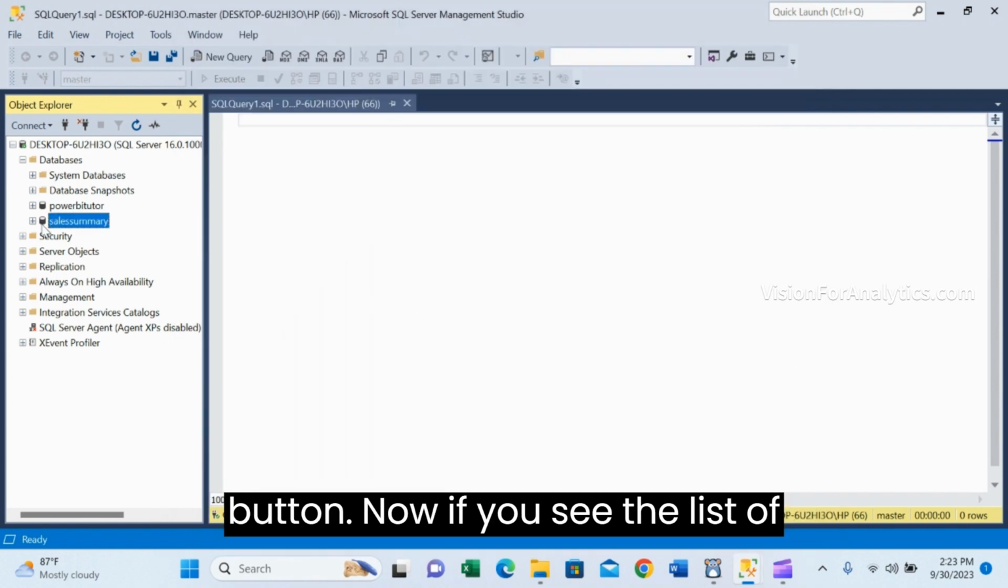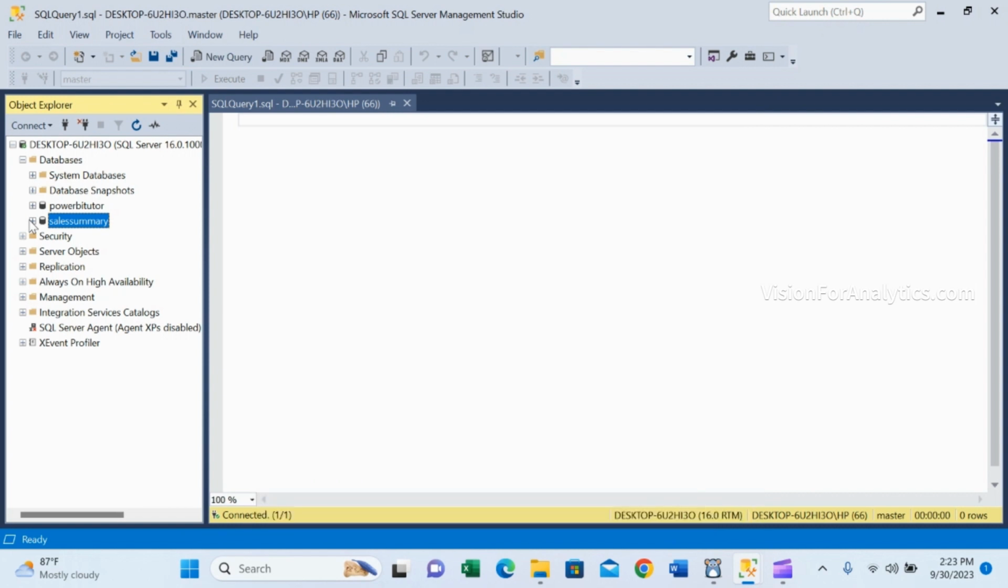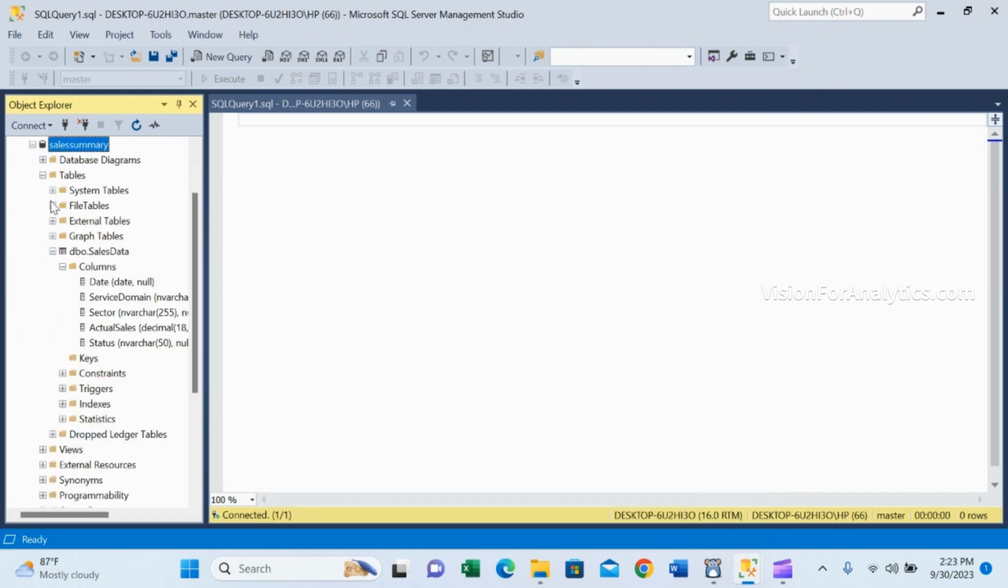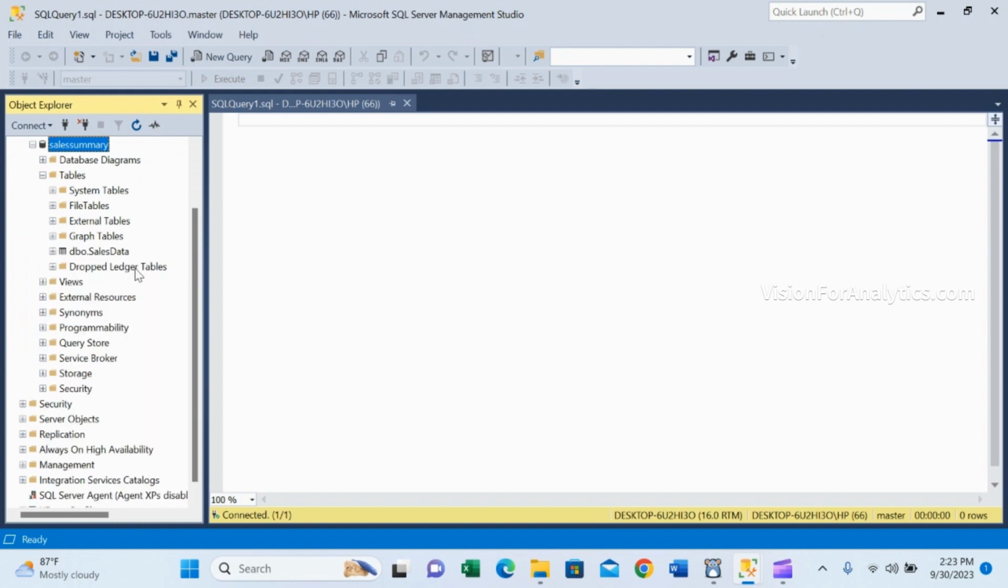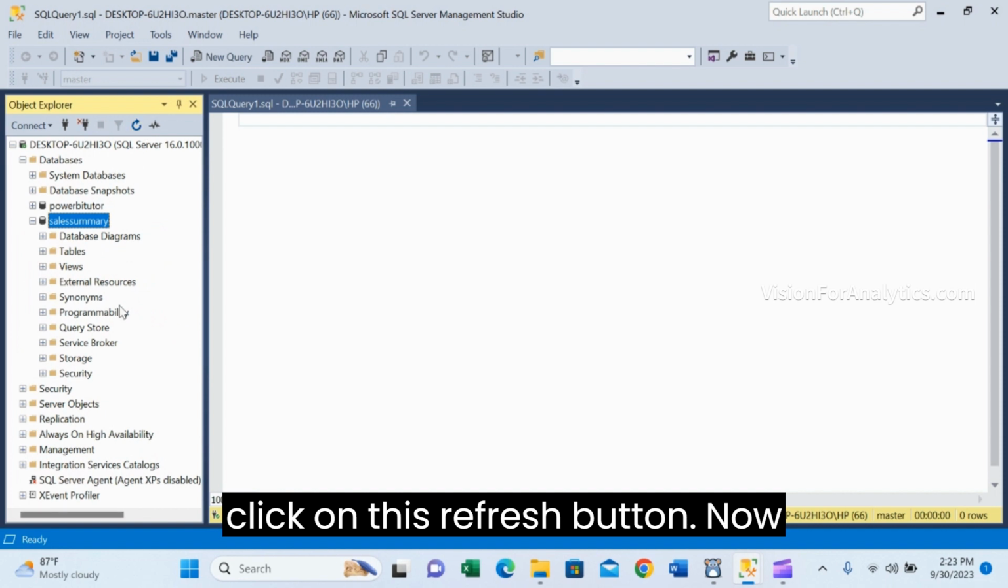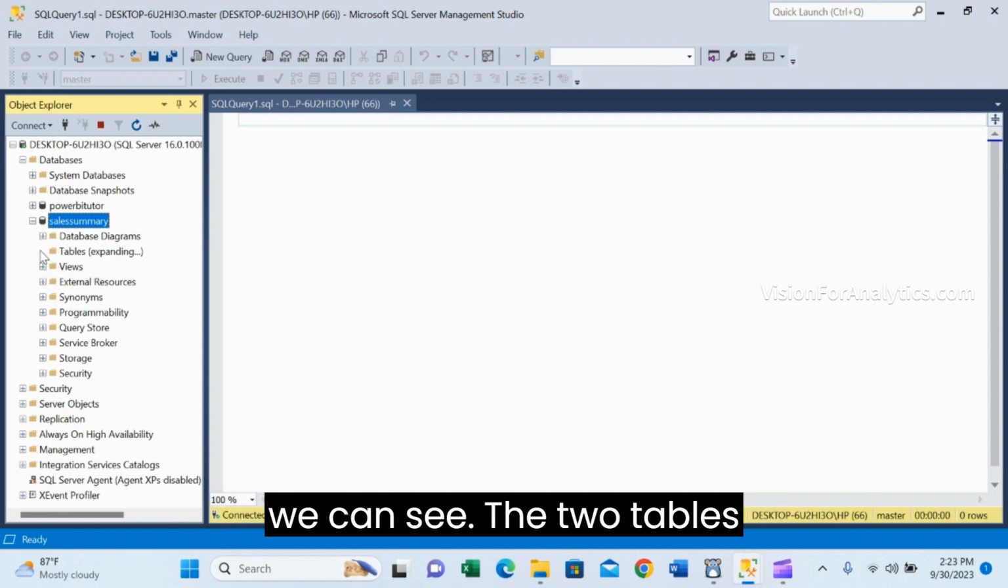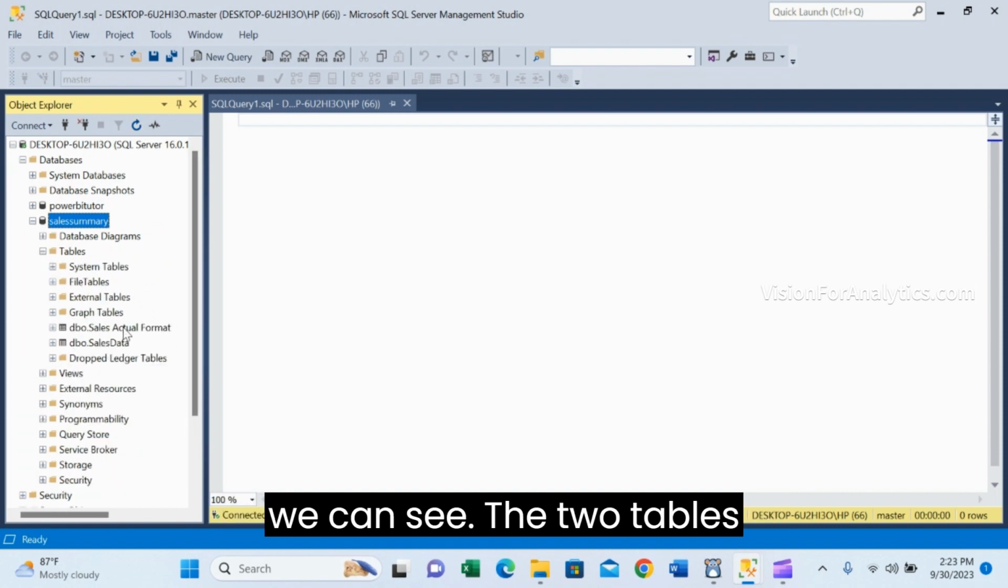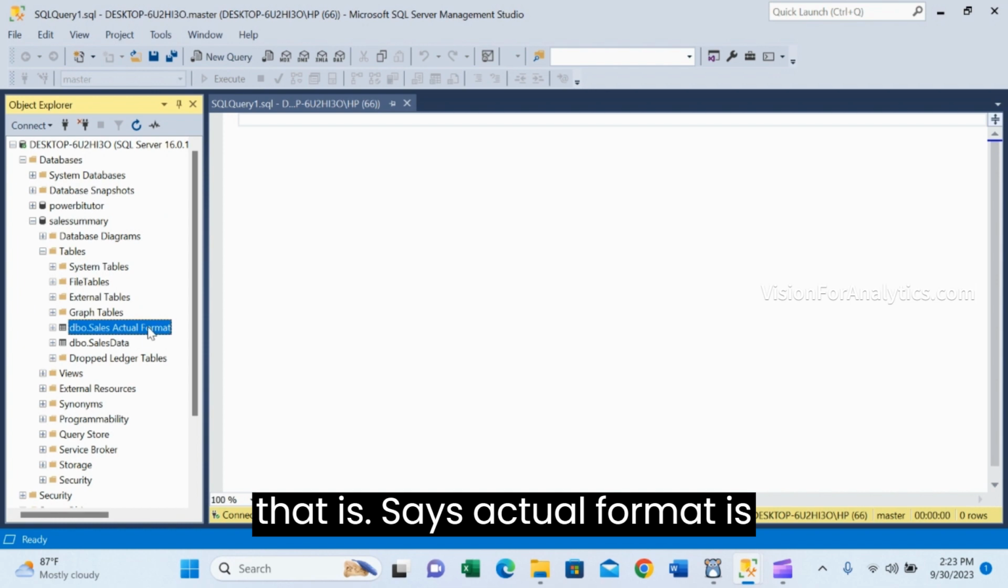Now if you see the list of tables in the sales summary, there is only one table sales data. Just click on this refresh button. Now you can see the two tables, that is sales actual format is